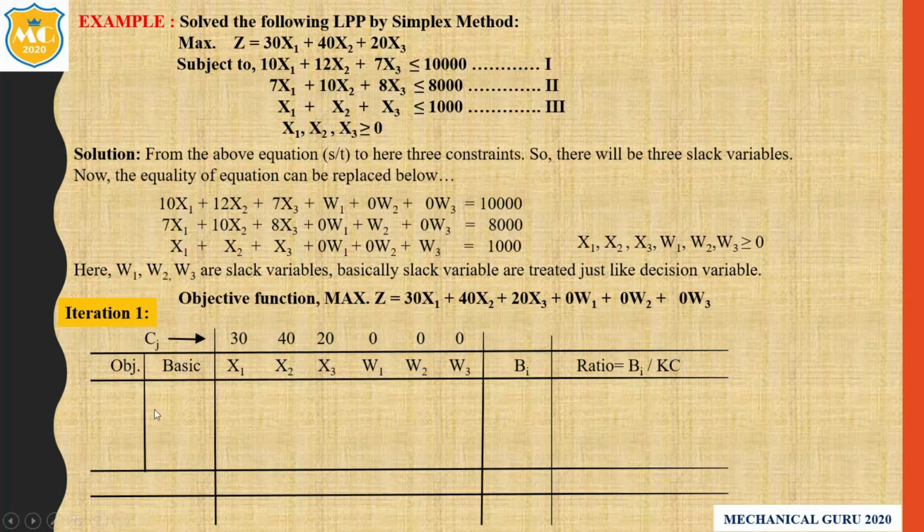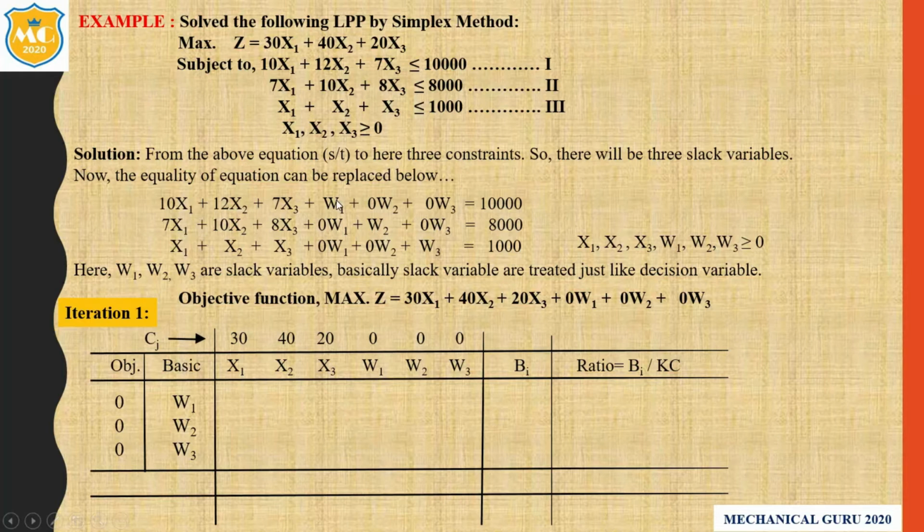Now we have to write down the basic variables, that is w1, w2, w3. Why do we write the slack variables here? Basically, basic variables represent the variables for finding the solution for the fulfillment of the objective function. So initially basic variables are taken as slack variables to get the IBFS. And here the basic variable cost is 0. Simple.